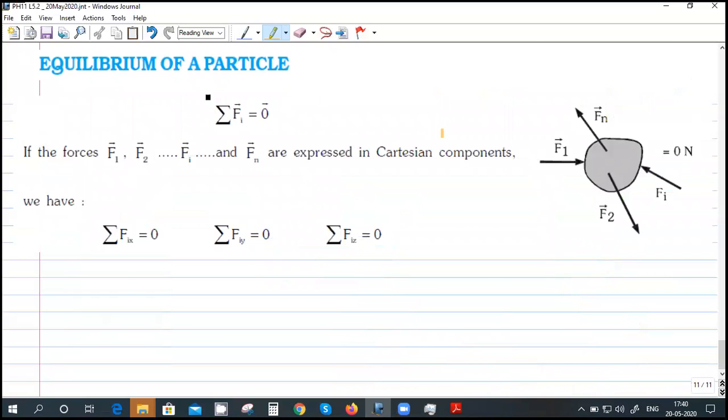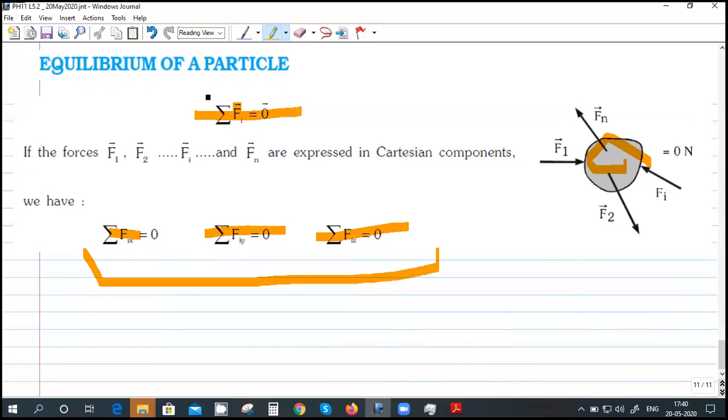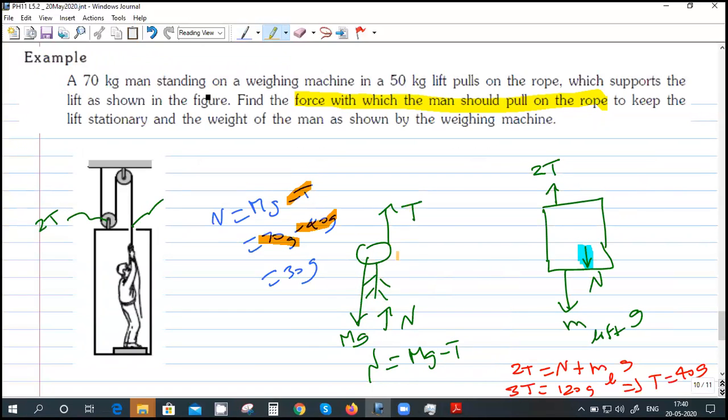Okay, this is a body. There are some forces acting on it, F1, F2, F3, and so on. This body will be in equilibrium, in the sense it's at rest, if the net force acting on the body is 0. This net force is a vector, since force is a vector quantity. You can split it into 3 components along the x-axis, y-axis, and z-axis. Once you split into components, you get three scalar equations, and this is a vector equation. And this is what we already applied in this problem. We are equating force in the 2 directions.